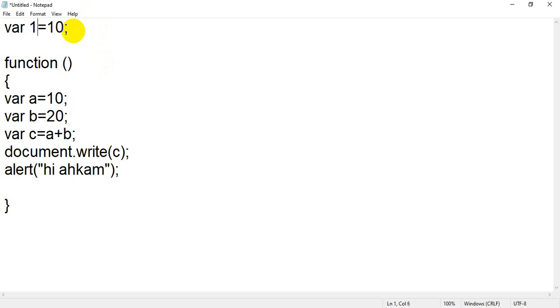You cannot write 1a, it is wrong, because it is starting with a number. You can write a1, it is okay, because it is starting with an alphabet. Again, you cannot start with a certain special symbol, like you cannot write @a.